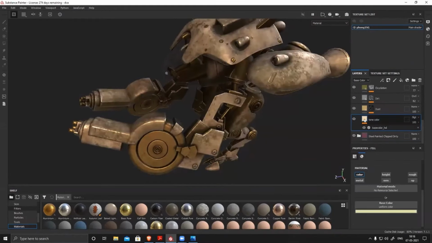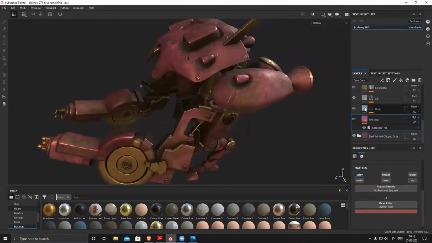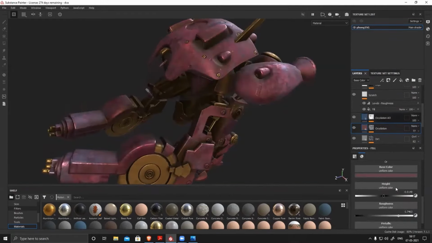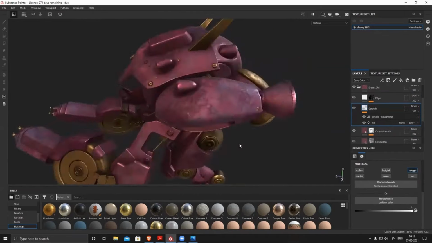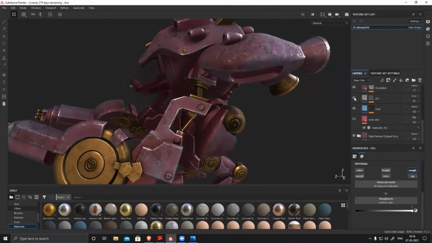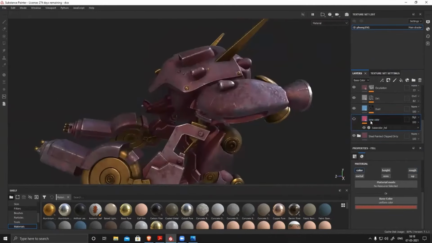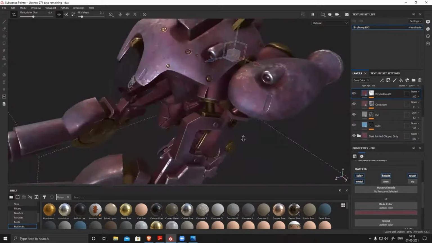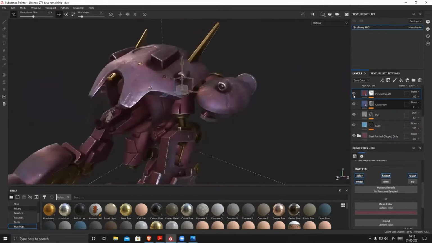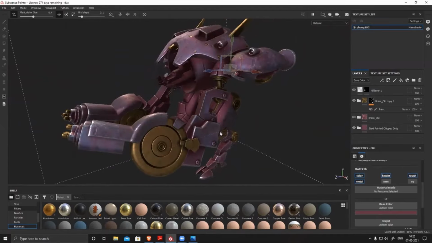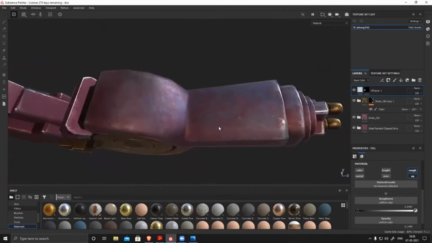This brass material has a lot of details, so I thought why not apply this on the entire body and change the color of the paint layers, so it will give me the metallic feel. Also I can control metallic and roughness, and I'll get all those auto generated effects very easily. You can see instantly I applied this, so I got a nice depth in my model.